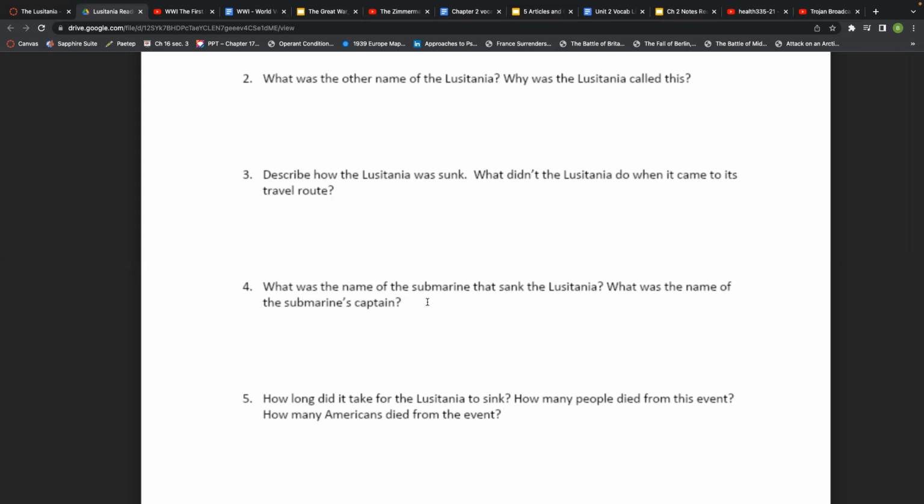Geez, 20 minutes. Okay, like I mentioned before, when it came to the Lusitania, there's a lot of reports, a lot of writings, and detail back to the United States about the bodies washing ashore, even weeks after the Lusitania was sunk. You can only imagine how terrible that sight might have been. And just knowing, again, 120, 130 American citizens dying. With Woodrow Wilson, again, giving him a tough decision to make.